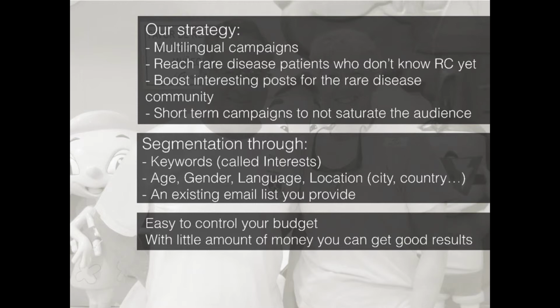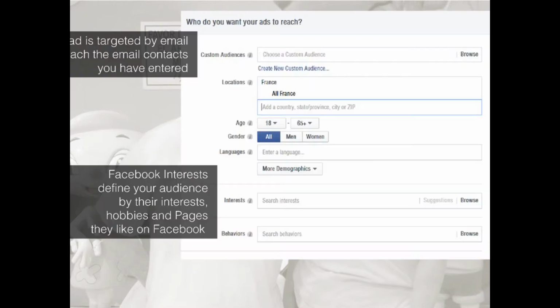For example, if we have a nice story of a patient living with Stargardt disease, which is a retinal rare disease, we create an ad addressed to the people who are interested in Stargardt disease, but who live in Italy or Spain or in the UK. This is what we call segmentation, because you can set up a worldwide campaign. You can create an ad for all the people in the world who are interested in your rare disease. This would be ideal, but it's impossible. So you need to create different ads with different segmentations. This is what you see when you are creating your ad.